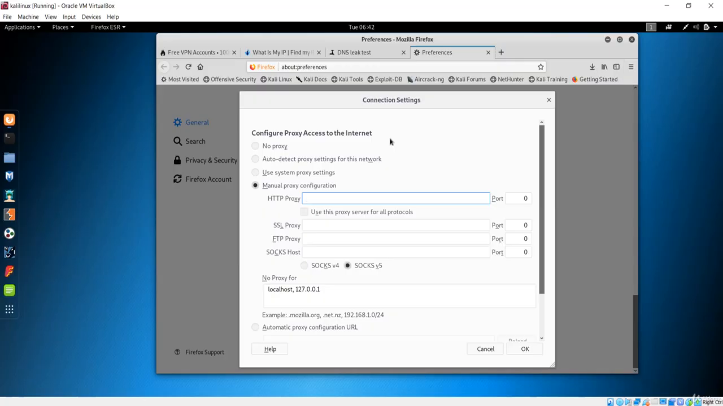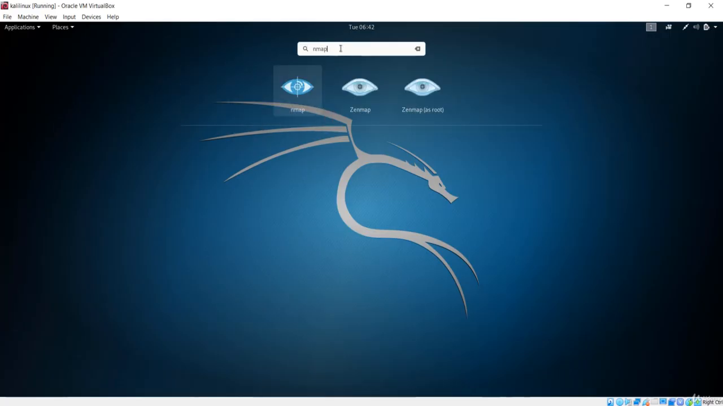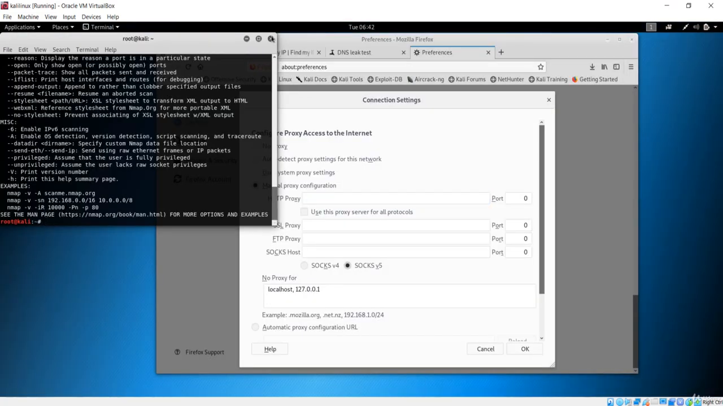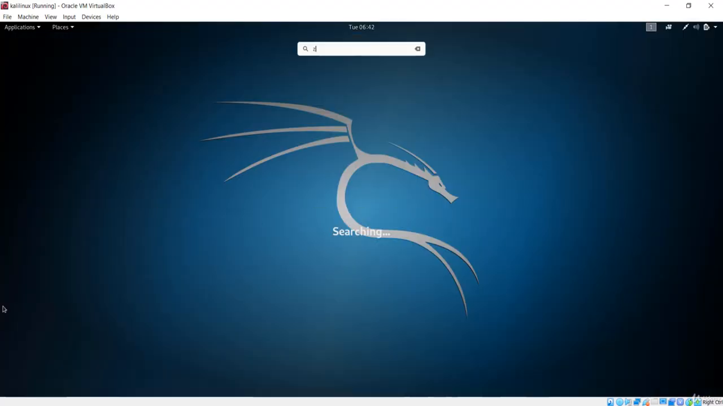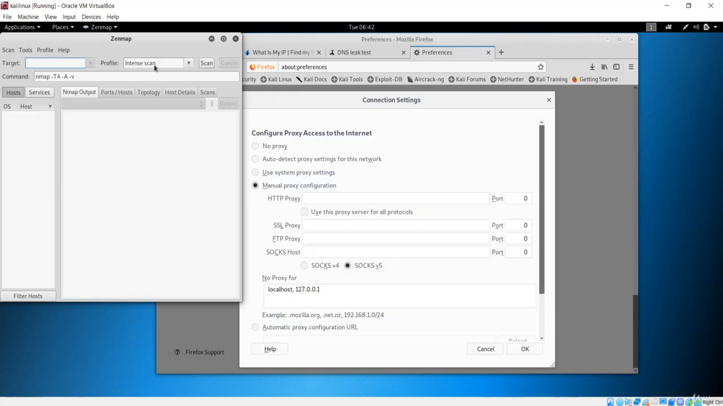You might wonder what the difference is, or what the usage is, between this proxy and proxy chains. First of all, this proxy only works on this browser. If you configure this proxy and I run, let me say, Nmap, the tool to scan the clients connected to your network, or rather Zenmap, if I open Zenmap and run it, then you will see this is the